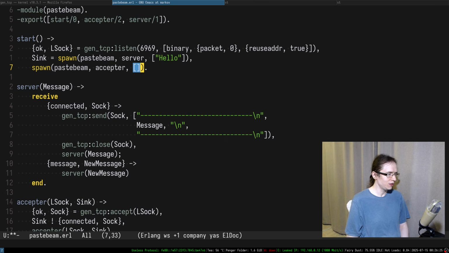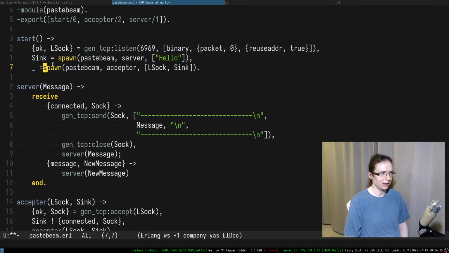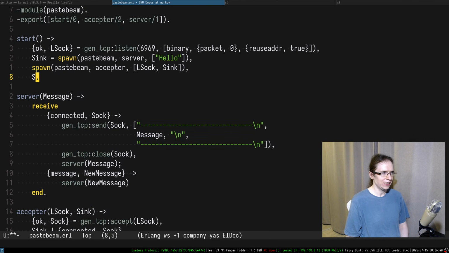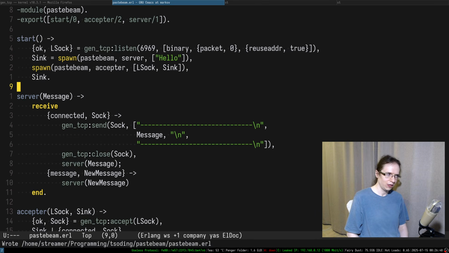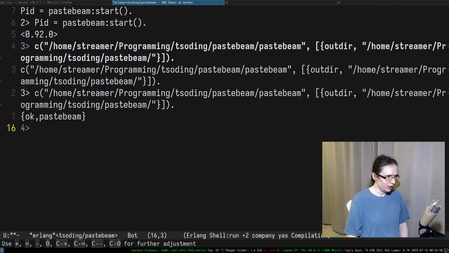acceptor, and we put in here what? lsock and sync. Right, so in here we kind of get the PID, but we don't really care about the PID of the acceptor, I think. So we can just completely ignore that. And the only thing I care about is the sync. So I'm going to return that out of the start. Right, so all of that compiles. Now what I can do in here, I can do paste beam start this entire thing,